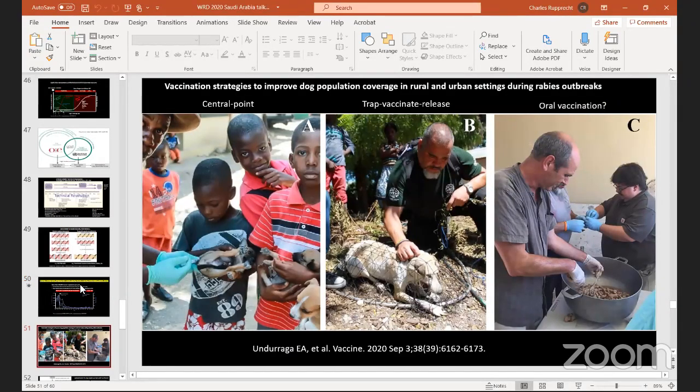There was a very nice paper very recently by our colleagues at CDC that demonstrates that you can either have central point vaccination for your mass vaccinations, that is, have the people come to you at central places that you know are logistically suitable, or, in terms of free ranging animals, very expensive, putting out vaccinated animal control officers to go ahead and safely net and vaccinate those free ranging animals. It also brings up the topic, given what we've mentioned about 21st century biologics, for the consideration of oral vaccination, for the cost savings of not having to run after all of those free ranging dogs, but rather to be able to distribute and have those dogs eat in your presence a vaccine laden bait to achieve the same goal,